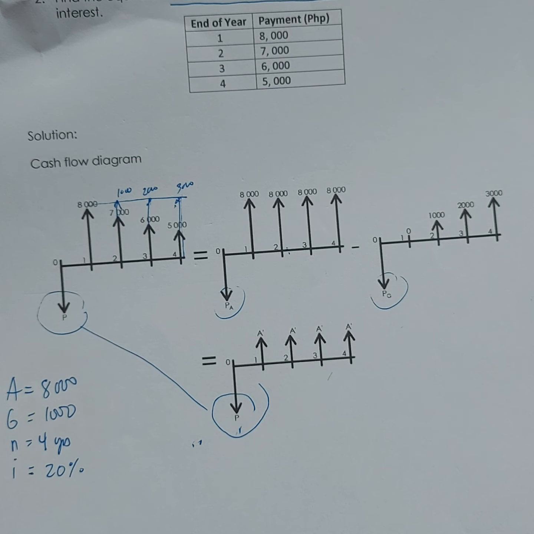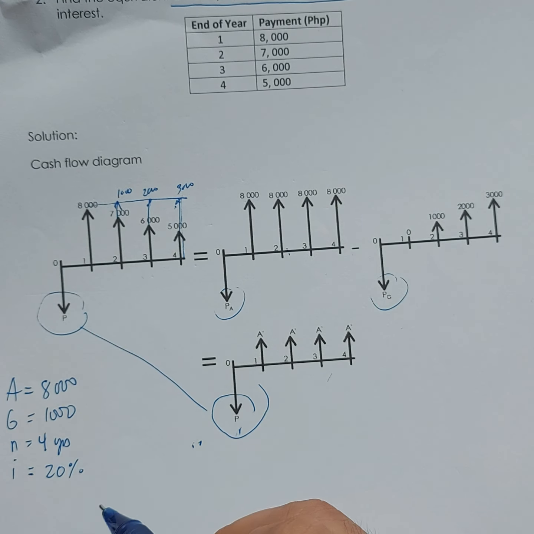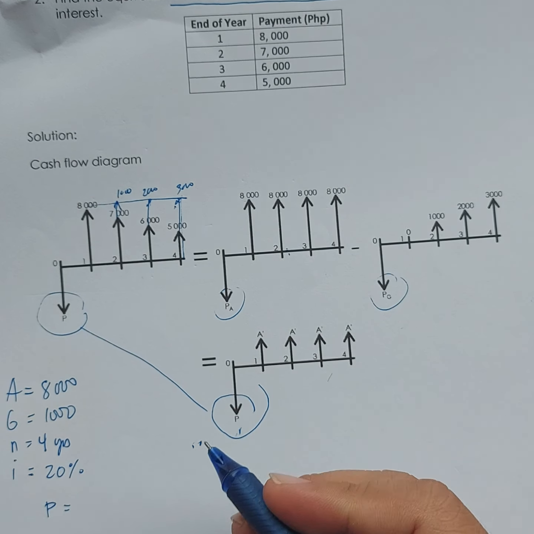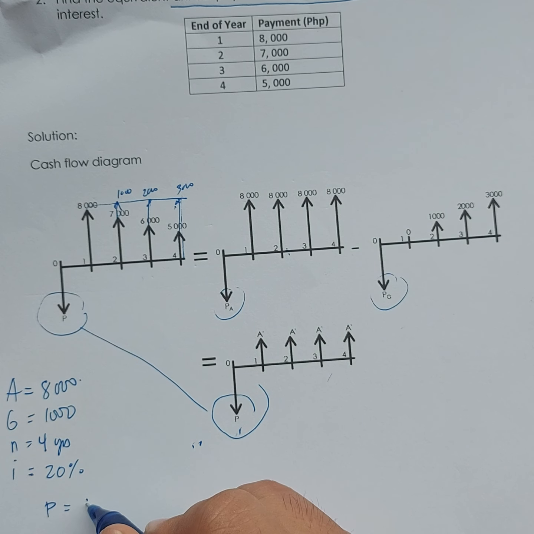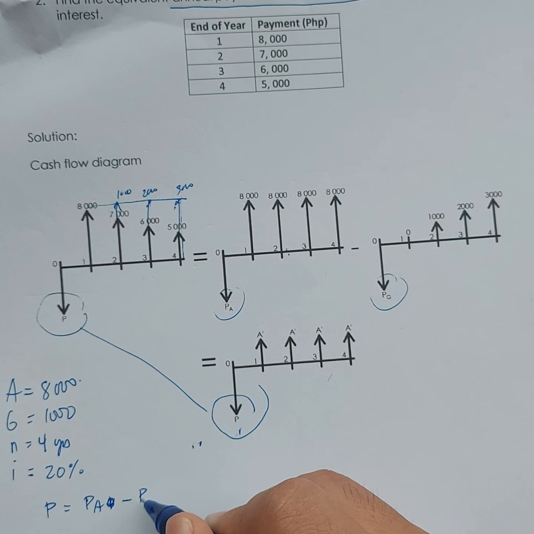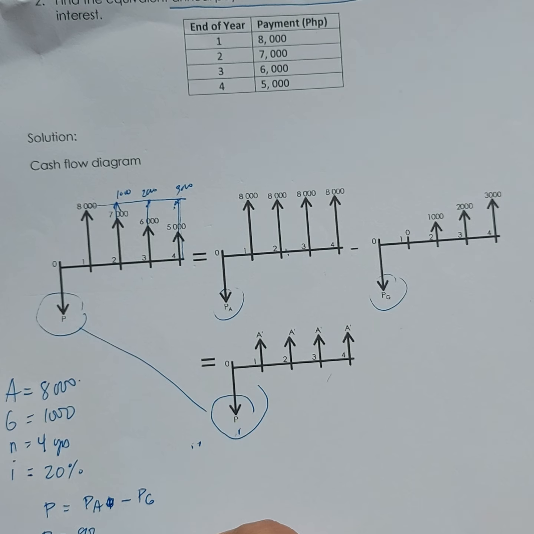So let's solve first for the present worth. It's equivalent to, we have 8,000. So let's start with the PA muna. So we have PA minus PG. So we have P is equal to, we have 8,000